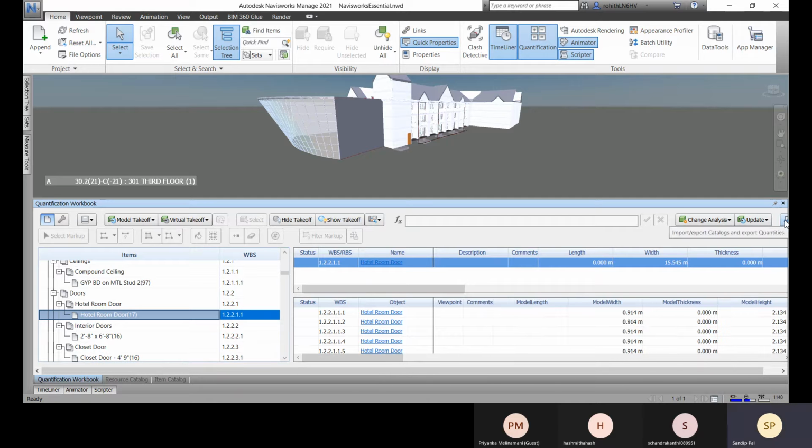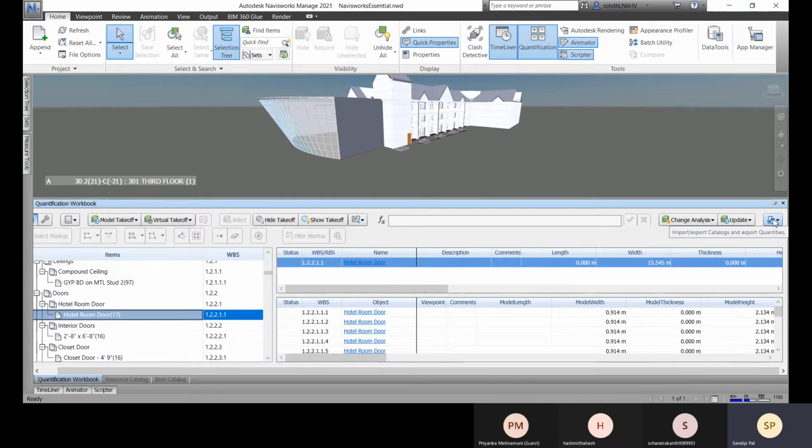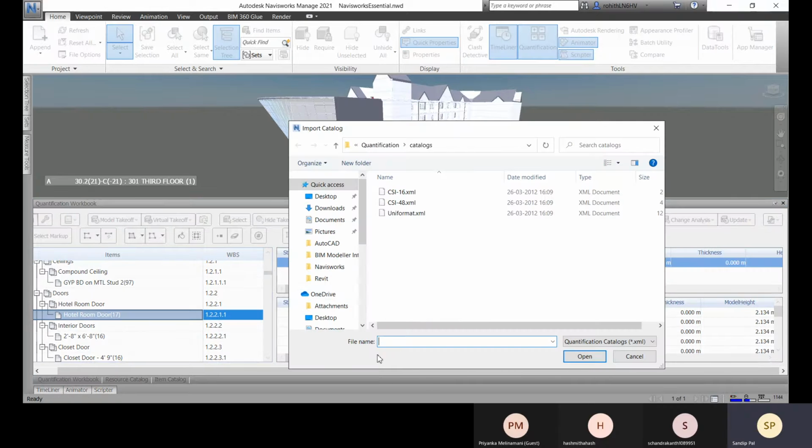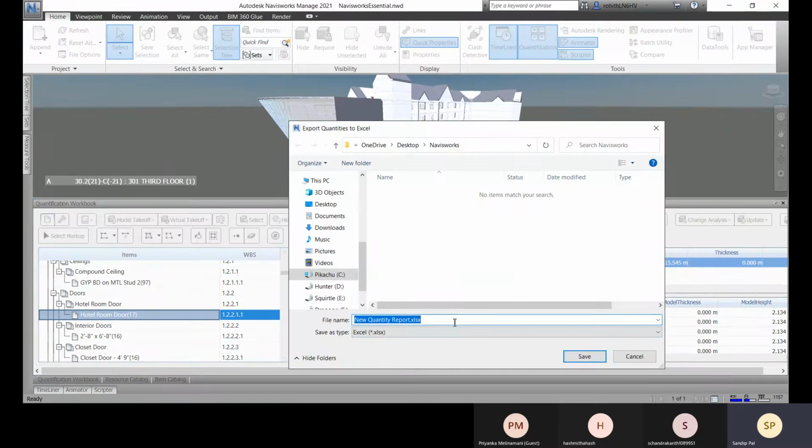And now you can go for this export option. So here we have this export option available. You can simply export this after creating it here, and you will be exporting it to an Excel file. You can export it to an XML file as well, and you can export selected quantities. So let's go for new